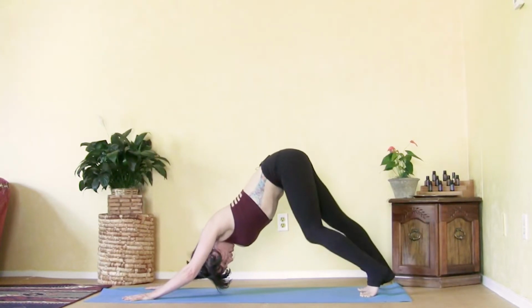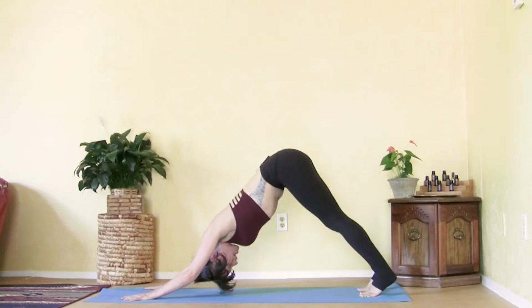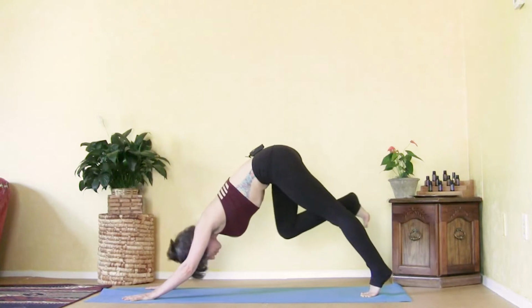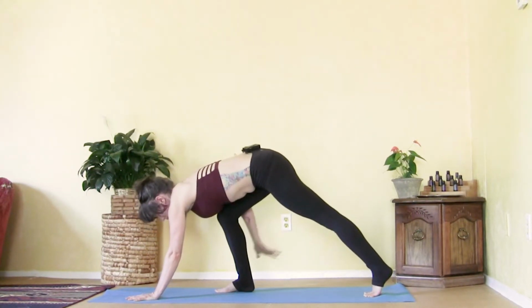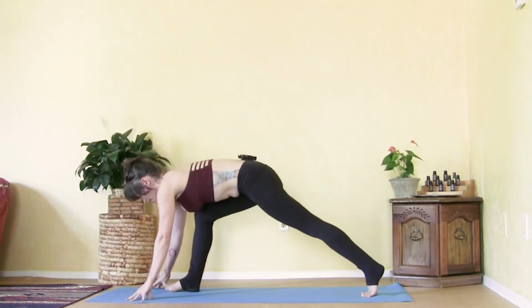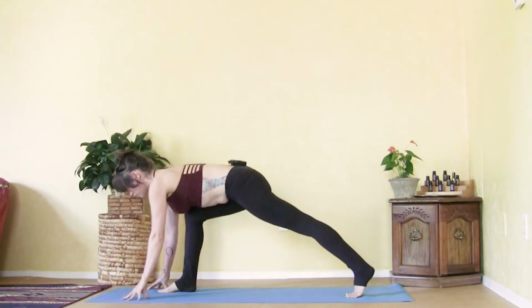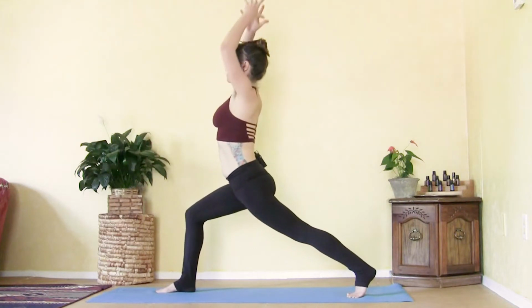You can pedal out your feet a couple more times as we come back into your downward facing dog. And then from here, we're going to step the right foot forward to the top of your mat. If your foot doesn't quite make it all the way, you can grab a hold of your ankle and bring that foot all the way to the top of your mat. Make sure your back leg is super straight and strong,